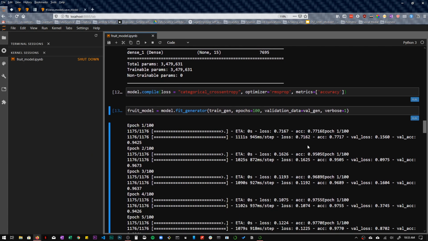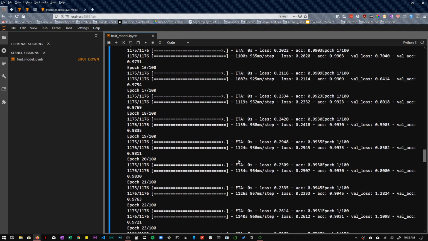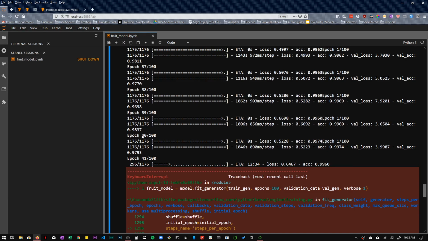So if we look at this so far, what we can see is that it started off with an accuracy of 77% for the training data and 94% for the validation data. So far I let it train for 40 epochs.